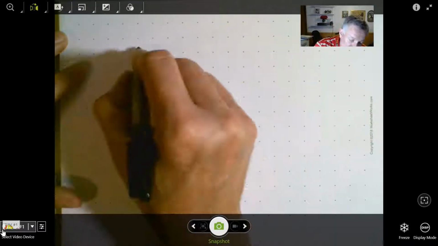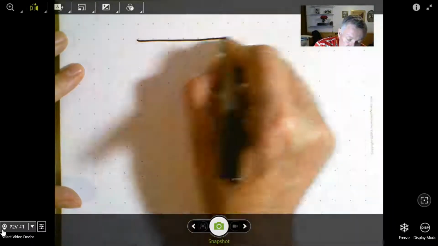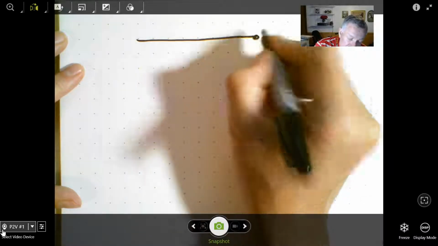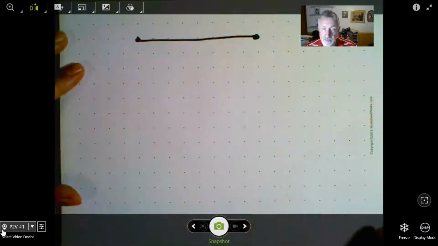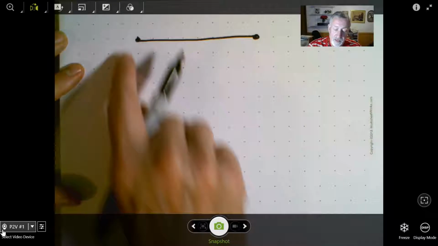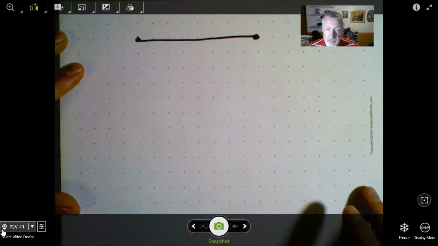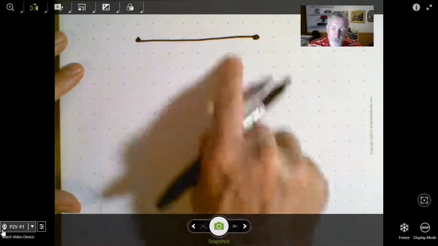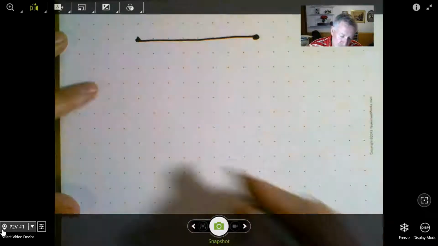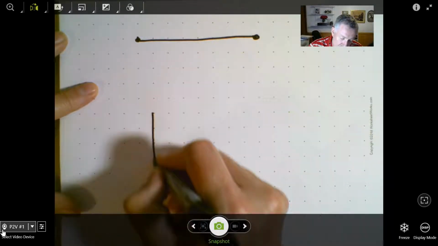Okay, so let's do a quick review. We have linear, one-dimensional measurement, which is exactly that. It just goes in one direction. It might curve, it might slant, but I'm only measuring one track. In two-dimensional measurement,